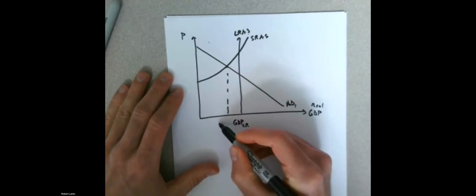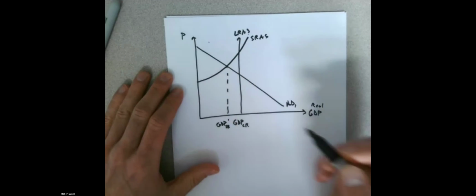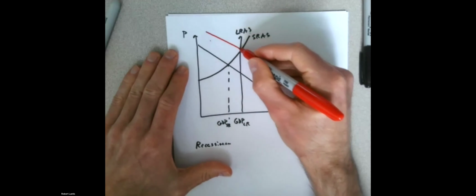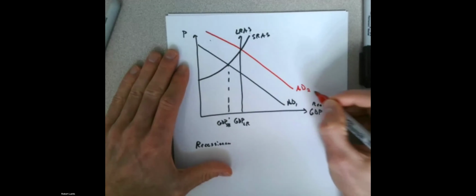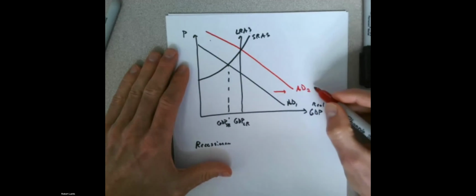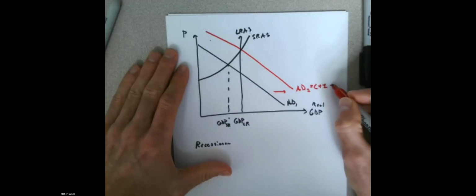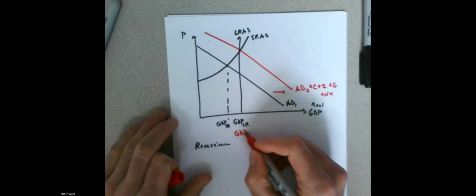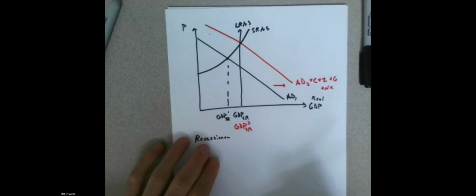So initially my short-run GDP is too low. If that's the case, right, I've got a recessionary gap. GDP is too low, I want to increase it. So what do I do? Well, I might think initially, okay, I'm going to increase government spending, which would increase my aggregate demand curve. Remember, this is C plus I plus G plus net exports. So we increase G, we get an increase in aggregate demand, and we think, okay, that's great because now my short-run and my long-run GDP are the same. I've closed that recessionary gap.